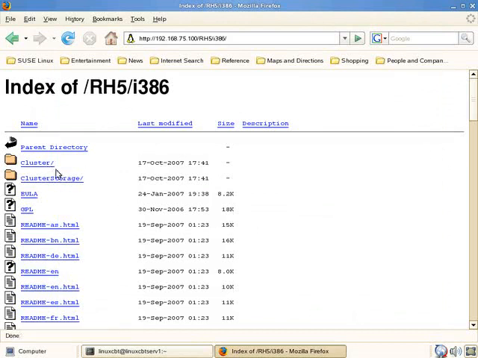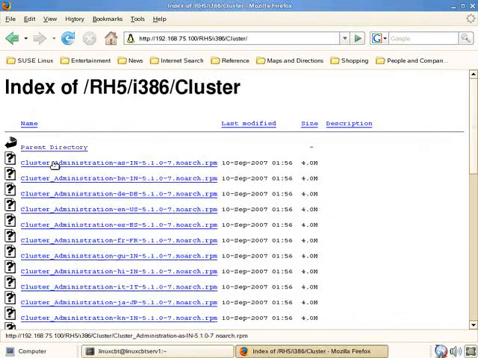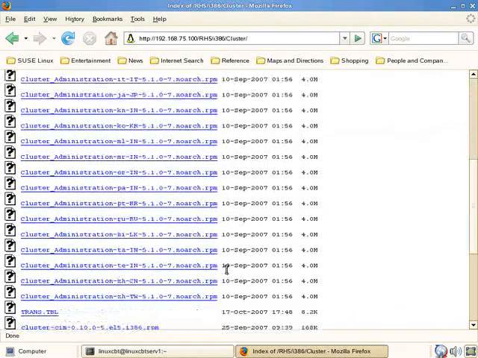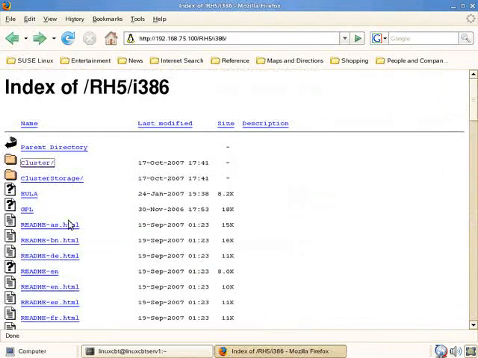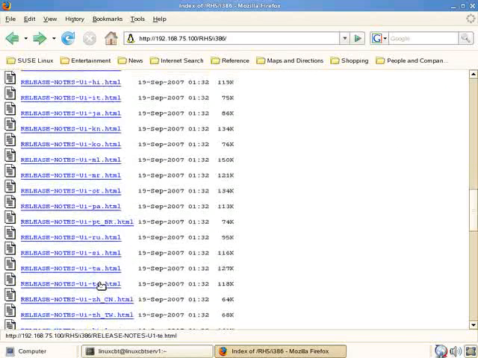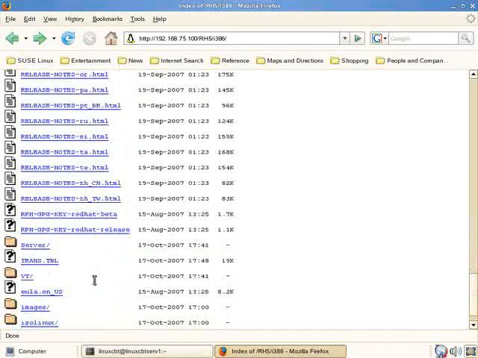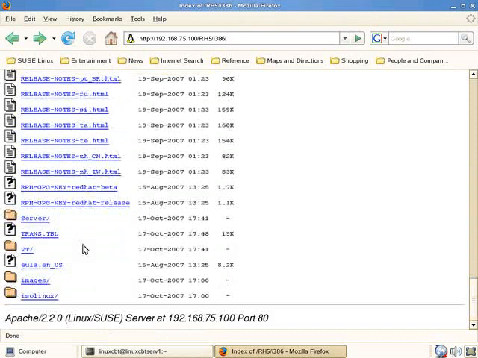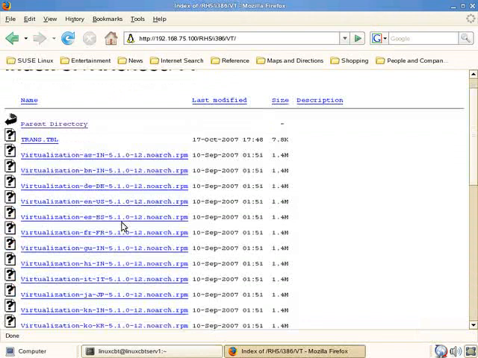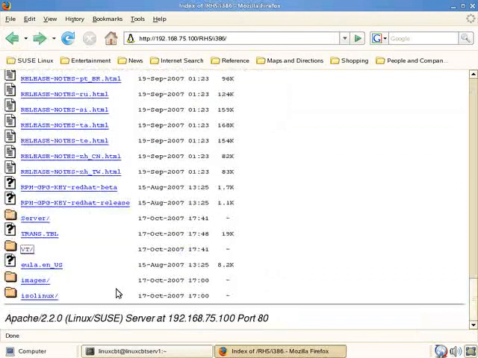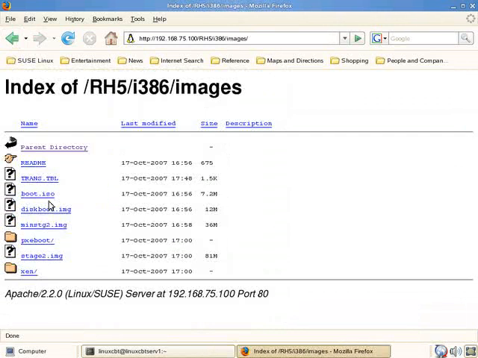There's software for cluster storage and clustering. If you navigate, you'll see many RPMs that includes the cluster administration and cluster software, end user license agreement, GPL, readmes in different languages, release notes in different languages, the server top-level directory, which contains all of the RPMs that constitutes the build. We've got our virtual technology or virtualization subdirectory, which contains the virtualization code for different languages. An images subdirectory,